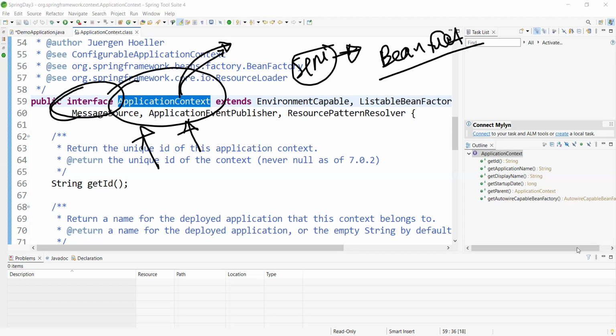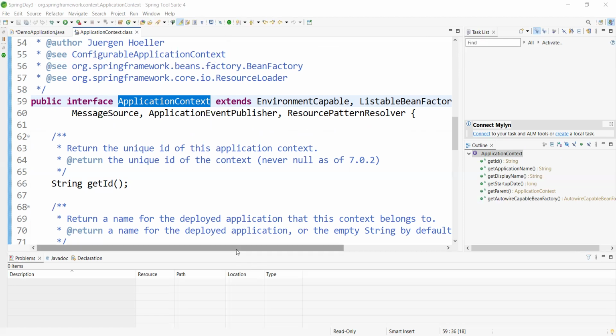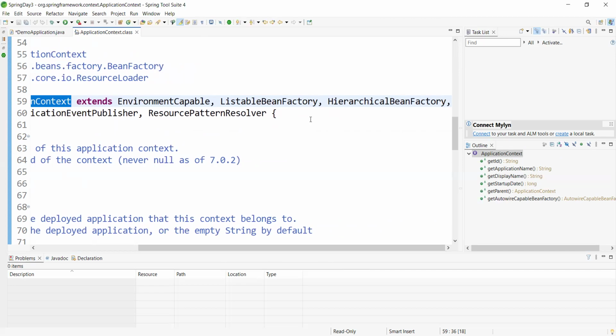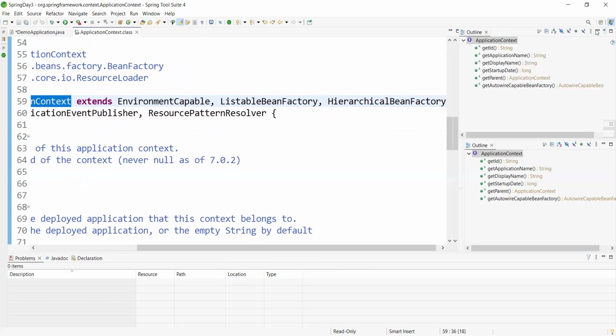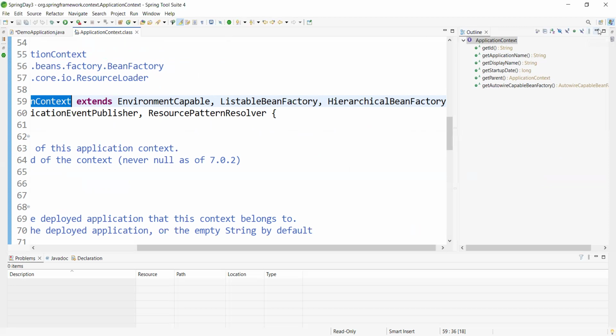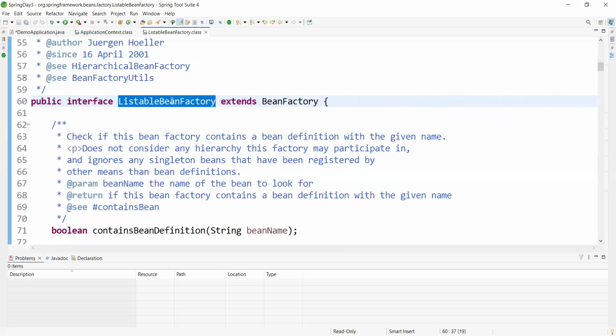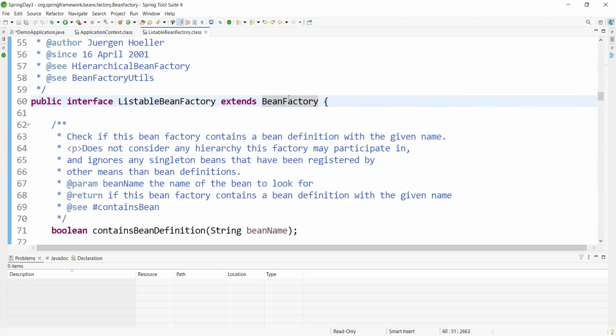Do I need to explain again? I think not. So just observe. Public interface extends... let me remove this one. Is there any BeanFactory? No, sir. That means whatever I said is wrong, right? No, sir. Just observe this, like F3. This is the BeanFactory, a ListableBeanFactory, the internal instance BeanFactory, right?